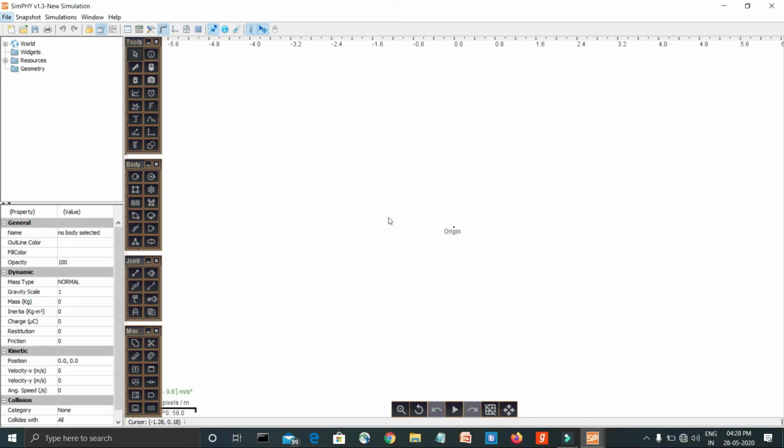So in simple words, a distance joint works as a rod which is connected to two objects at its ends. So it has a fixed length and the objects can rotate about the anchor points. So let's take an example.